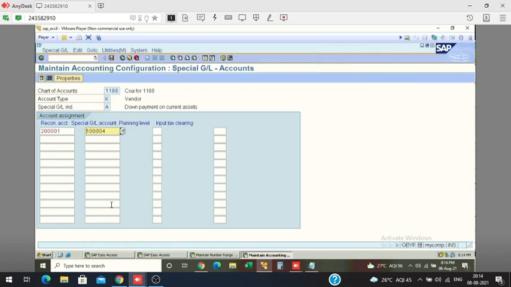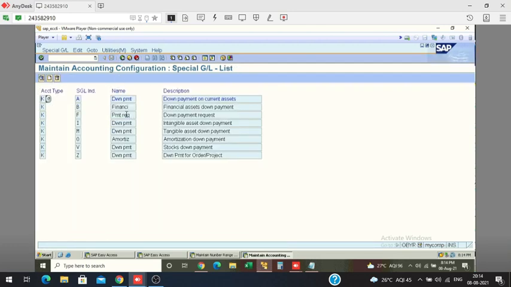Okay, that means when you get the invoice, that is your liability. When you pay advance, that should be your asset. Do you agree? Okay, so then save now. Then another key is available, F, payment request.